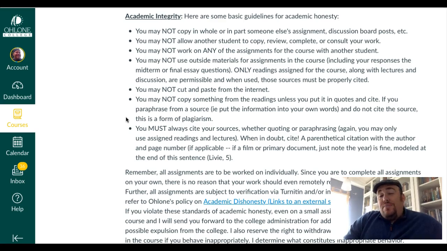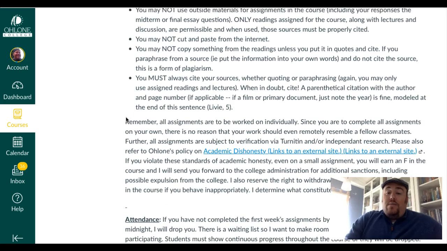If you have questions about that, it's fine, but it's really important to note, do not use outside materials, do not use work or wording or phrasing that you see somewhere else without citing it, okay? And its citation is explained here. When in doubt, cite it. If it's a quote, put it in quotation marks and have a page citation at the end. If it's not a quote, but a changing of the wording, but it's someone else's idea or comes from somewhere else, still put that citation at the end, okay?